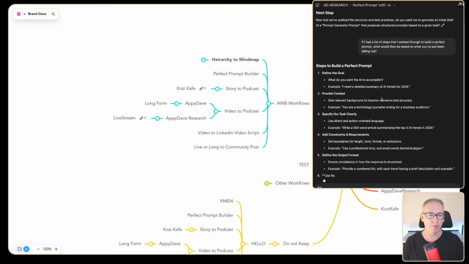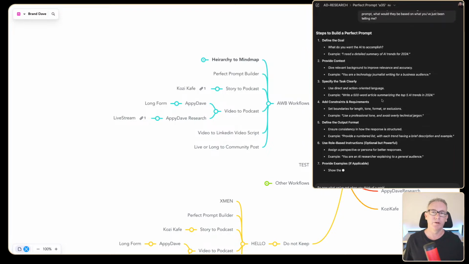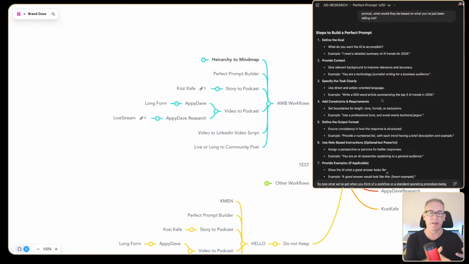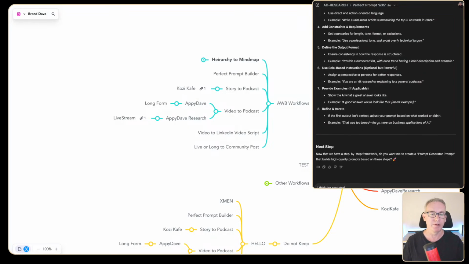So now what we've got, when you think of a workflow or a standard operating procedure being steps that you go through, here they are. Define the goal, provide the context, specify the task. Now, I think the next step that we should look at this,